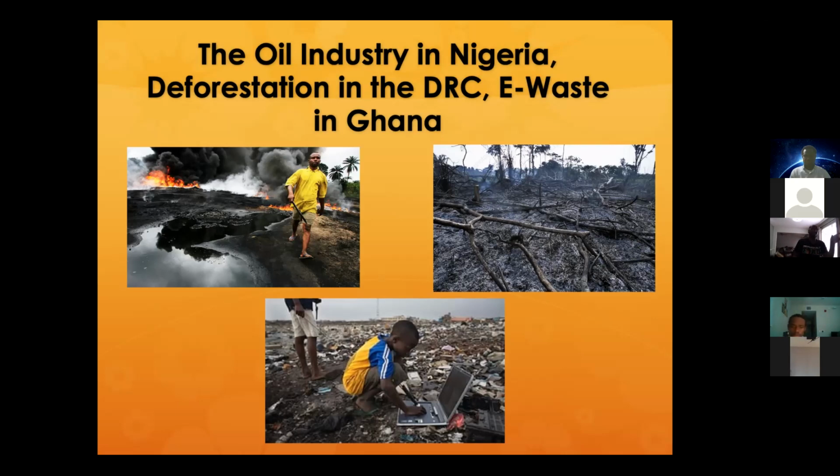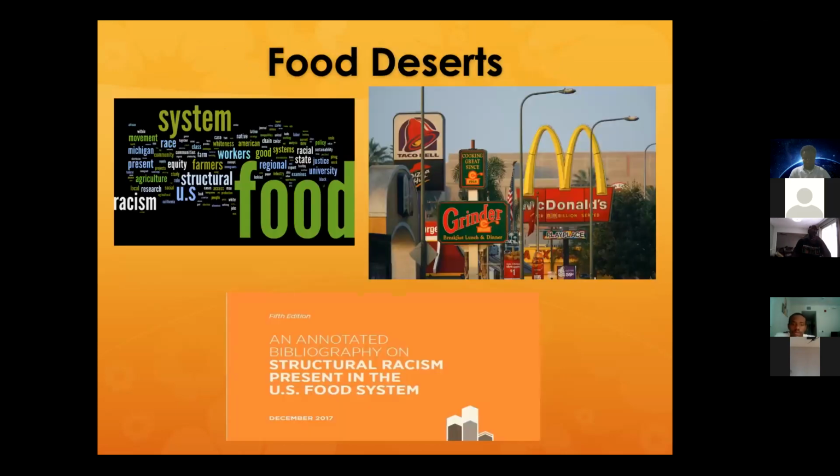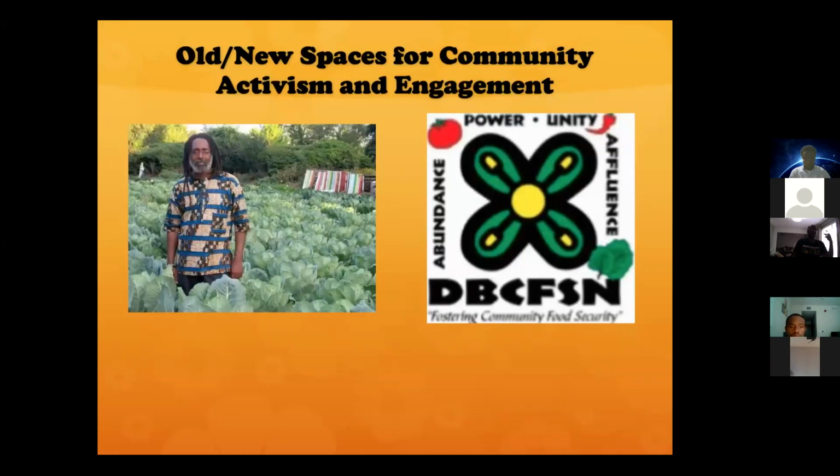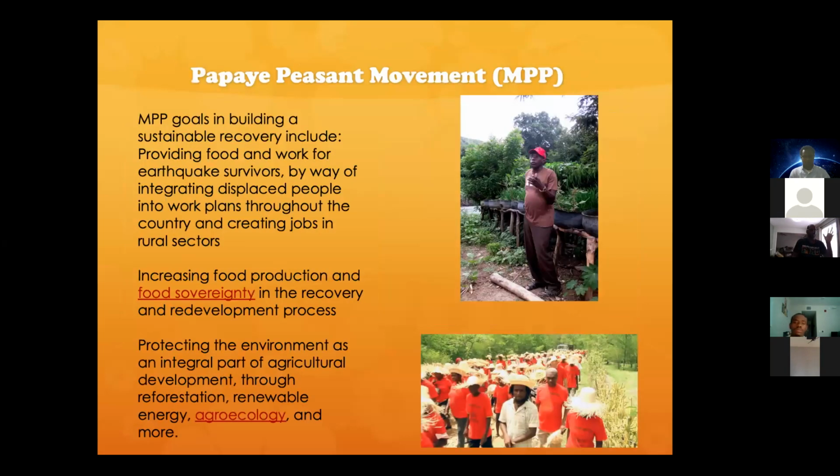We just don't concentrate on Black people in the US. So we talk about oil in Nigeria, deforestation in the Democratic Republic of the Congo, e-waste in Ghana, food system issues, food deserts, Black response, environmental justice movements, right? The rise of Black food security networks. This is the example of the Detroit Black Food Security Network in Detroit. That's a person by the name of Malik Yakini. Students actually will do research on that. We talk about Haiti, right, in response to deforestation,